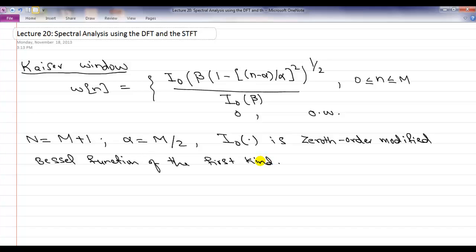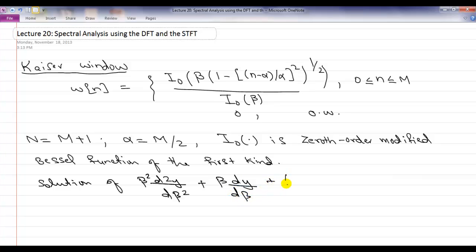This zeroth order modified Bessel function of the first kind actually comes as a solution of this differential equation: beta squared d2y by d beta squared plus beta dy over d beta plus (beta squared minus alpha squared) y equal to 0. If you solve this differential equation, the solution comes out to be this I0, which is called the Bessel function. You can write that I alpha of beta, which is the alphath order